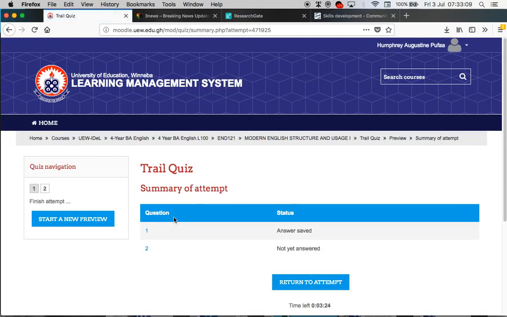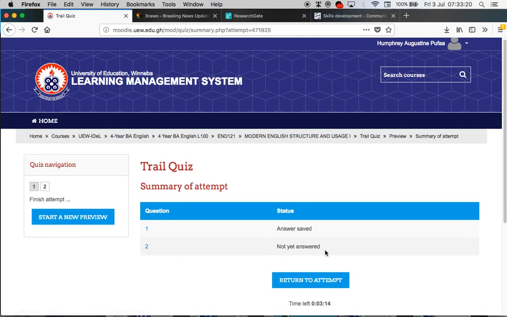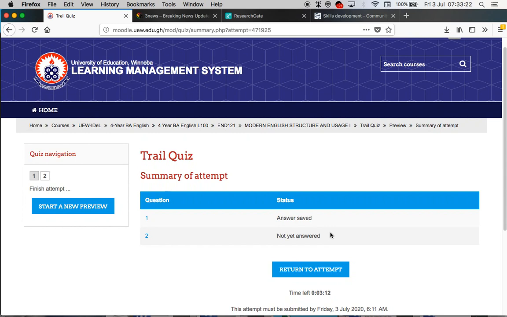Okay, you see it has moved. It says summary of attempt. Question 1, answer saved. Question 2, not yet answered. This is to serve as a guide. So what it means is that you should have ample time to have answered the questions or attempted the questions. When it gets to the tail end, which is a summary of attempt here,